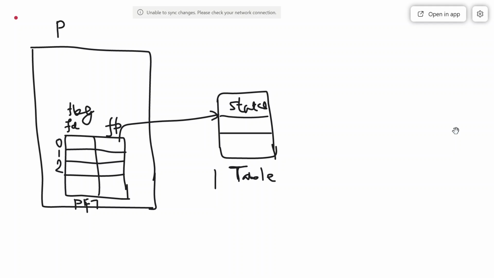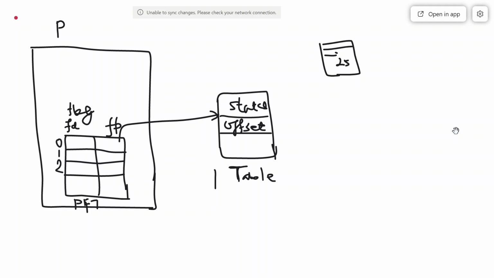Current offset means, if you are seeking or reading a file, what the current position is. Let's say this is a file and I am here. From here to here it is 20, and from here to here it may be 5, so that is 25. So my position is 25, so the offset is 25.